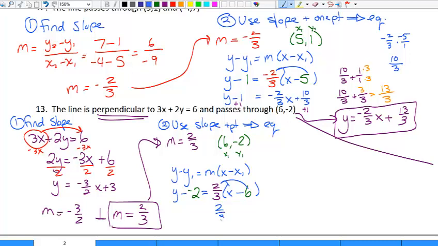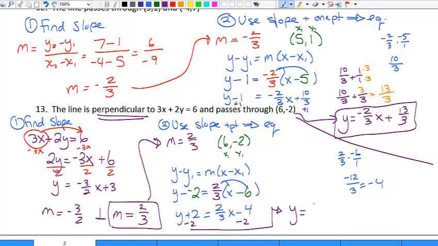So that's 2/3 x minus, let's see, 2/3 times negative 6 over 1. Multiply your tops is negative 12, multiply your bottoms is negative 3. So that's a negative 4. Minus a negative, that's really add 2. So when I subtract 2 from both sides,